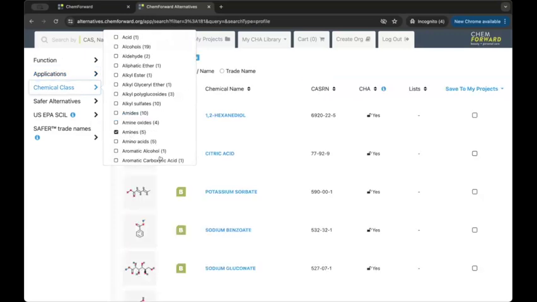The next one on this list are chemical classes. So these are the types of chemicals that we could also then search by. If I tap down to safer alternatives,